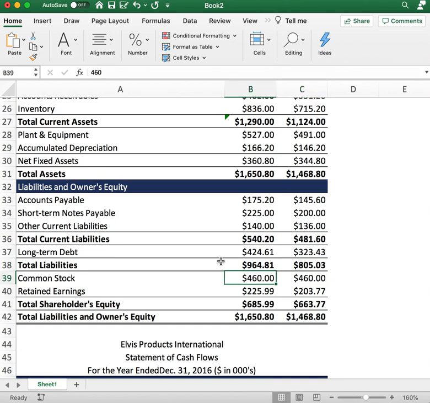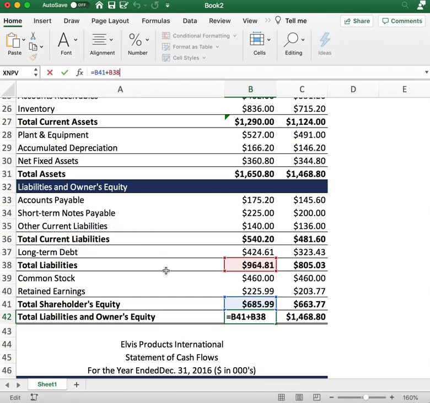All right, company stock. The company has 460. The same was from the previous year. And in 2016, the company retained $225 of retained earnings and $203 in the previous year. So to calculate the total shareholder equity, you're going to simply add common stock and retained earnings. And then to add up your total liabilities and ownership, you're simply going to add the total liabilities plus total